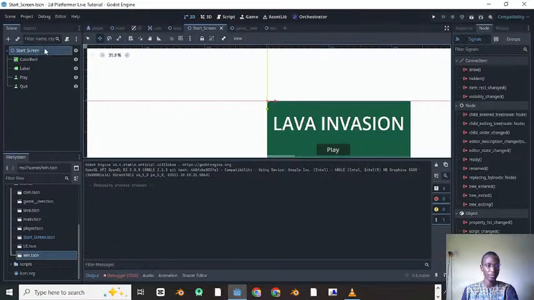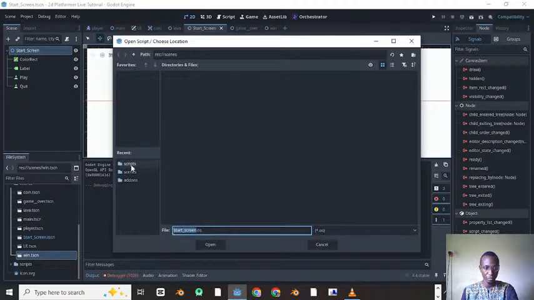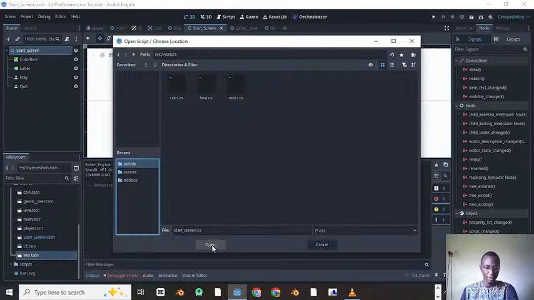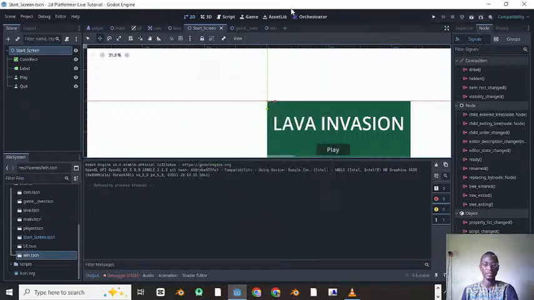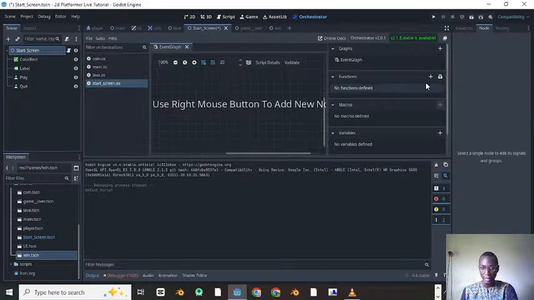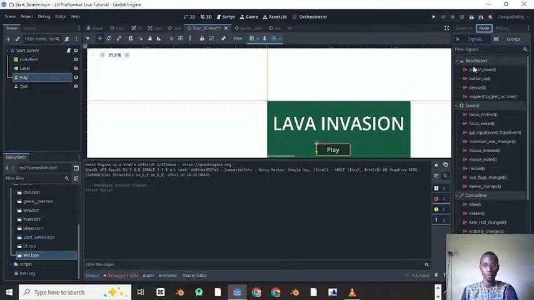So right click here on the root node and attach a script. When you attach a script, you click on this to go into your scripts folder and then open it, because you want it to be saved in your script folder. Go to create it. And now we can just go to our play button, go to our node, go to button pressed, click on connect,